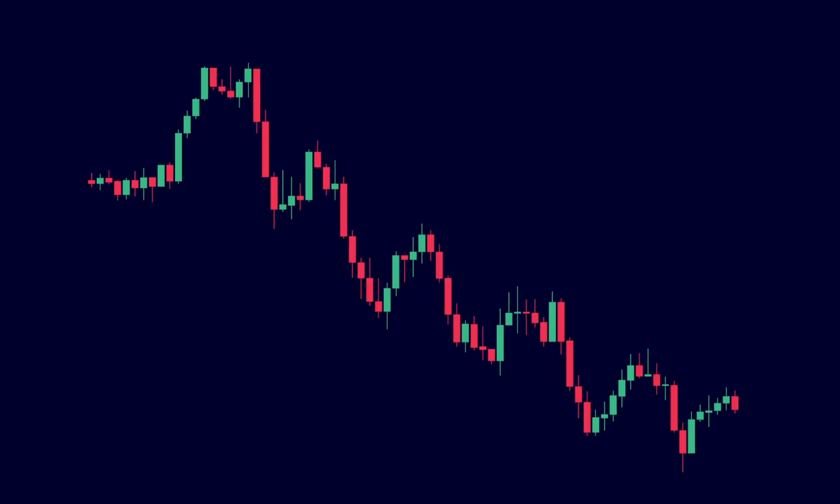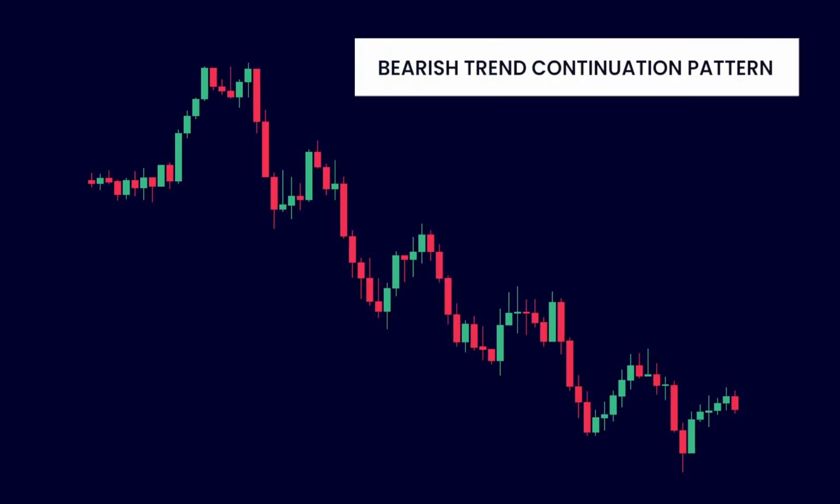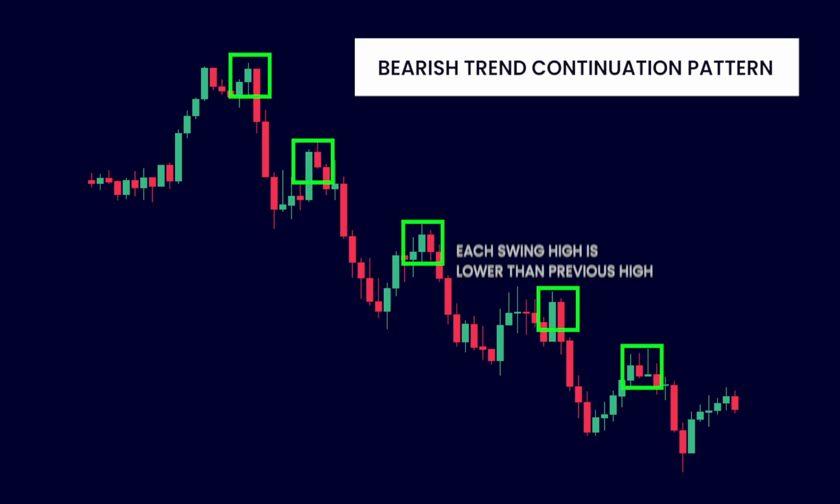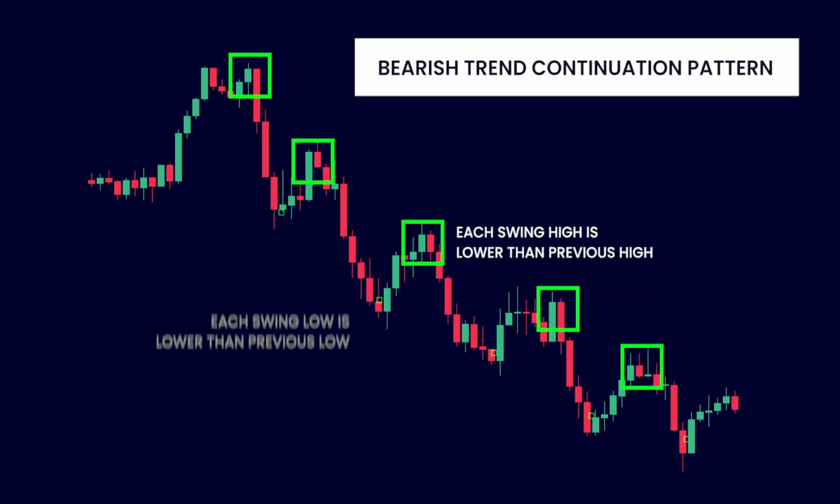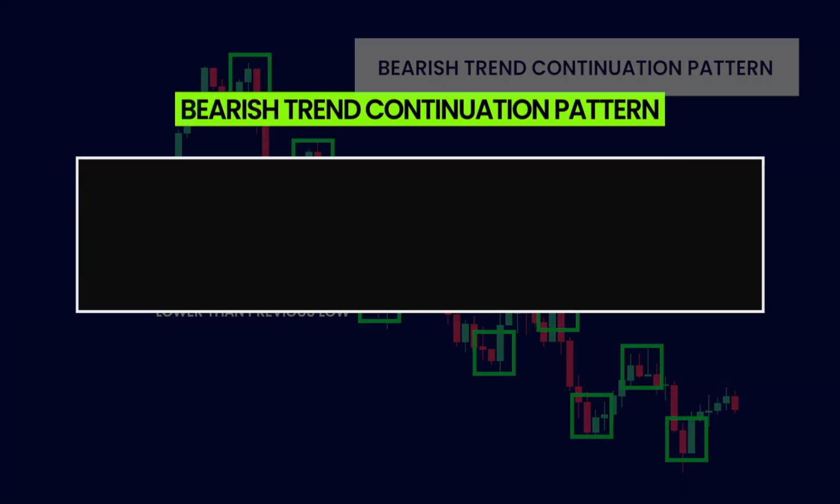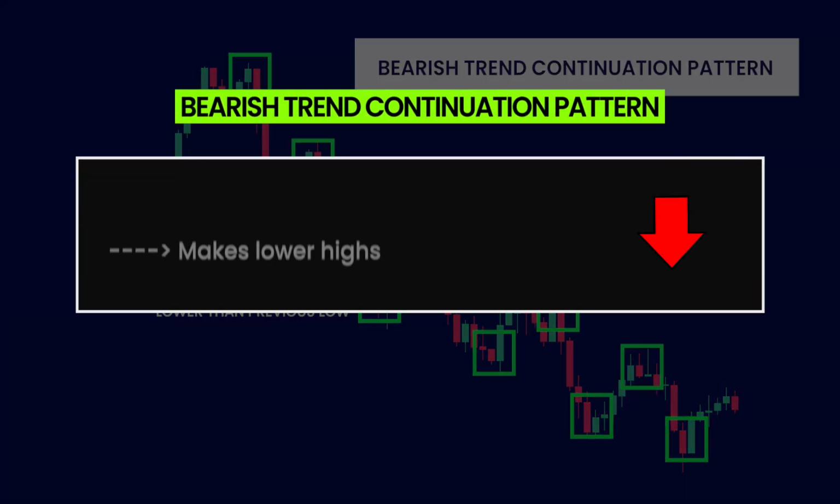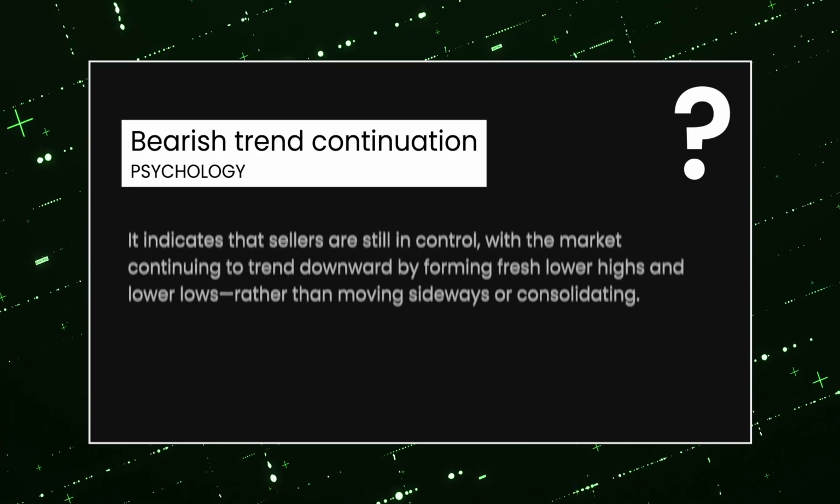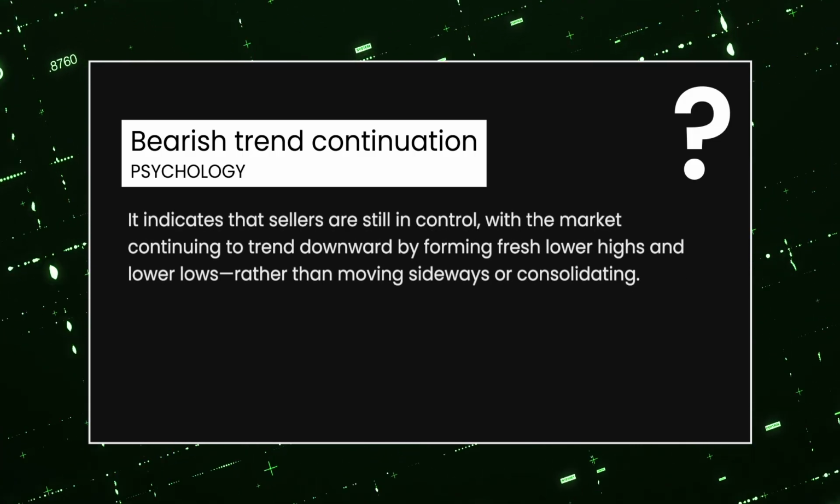Now, flipping to the other side, with a bearish trend continuation pattern, you'll also see moves followed by pullbacks. But in this case, every swing high is lower than the one before, and the same goes for the swing lows. This signals that the market is in a downtrend, forming lower highs and lower lows. From a price action perspective, it reflects sustained bearish pressure, showing that sellers are driving the market lower instead of